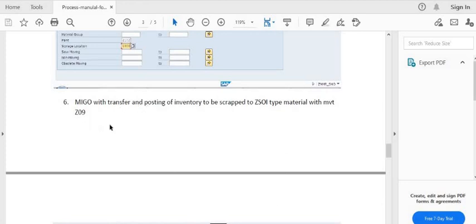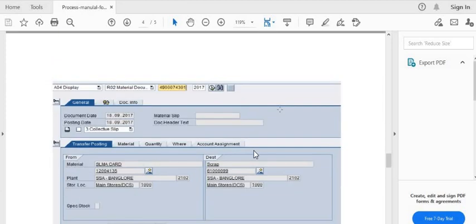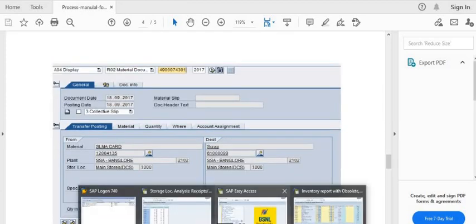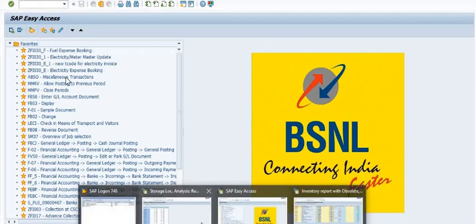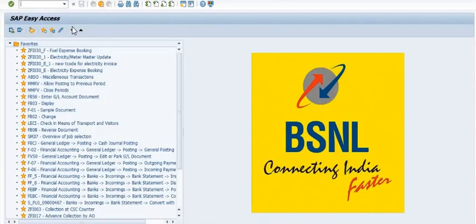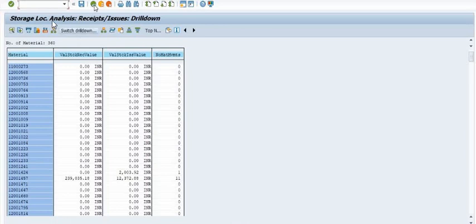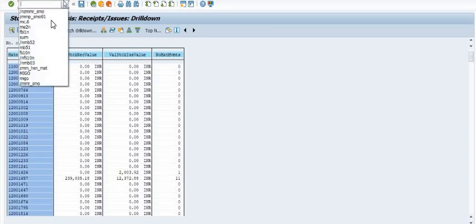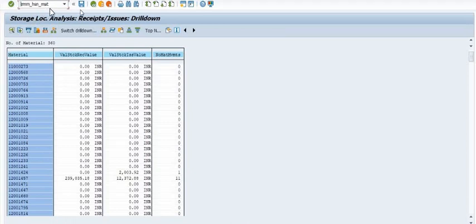How can we scrap such material, and transfer such material into the scrap of inventory type of material? We will do the process. Search the material using the transaction code ZMM_HSN_MAT.